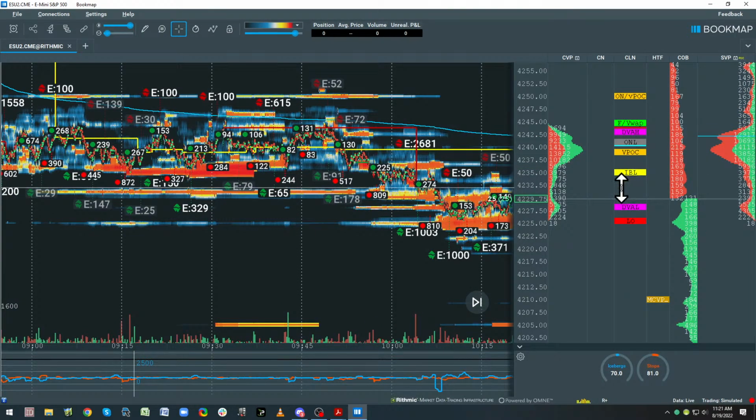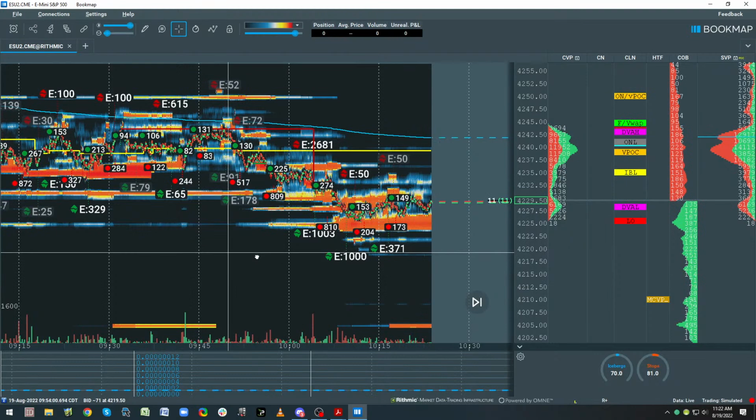This is, remember, over 90% probability that we'll take it out. And we know there's long liquidation. See this, 800 sell stops coming out. When you see the big numbers, that's really where the momentum is going to be. 800, see? Now look at this, 1,000 buy icebergs, 1,000 buy icebergs. What is that going to do for us? Let's see.